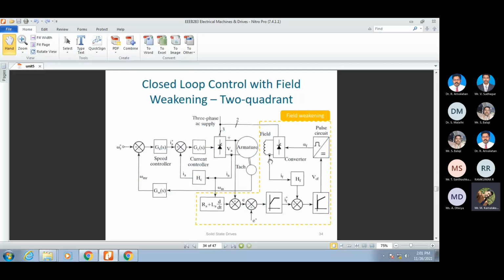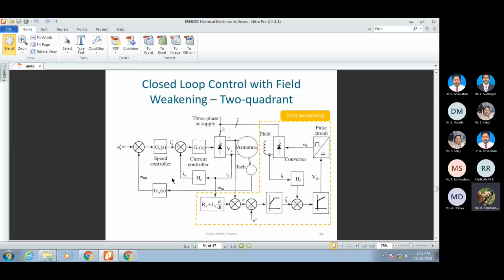So this diagram clearly depicts the field weakening mode of controller design. This we have seen prior: the armature will have a converter part, and there is a voltage, and this is said to be the current controller, and we have the speed controller. If you want the position controller, then there is again going to be a position controller. From the position controller, from the theta reference and the actual theta value, the omega r dash is generated, and such omega r value is going to be compared with the actual speed.